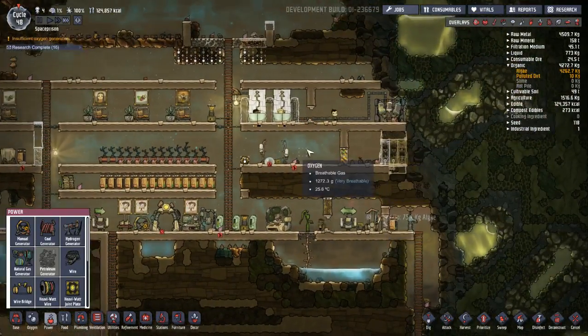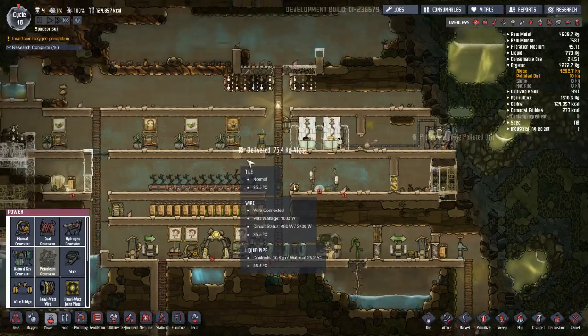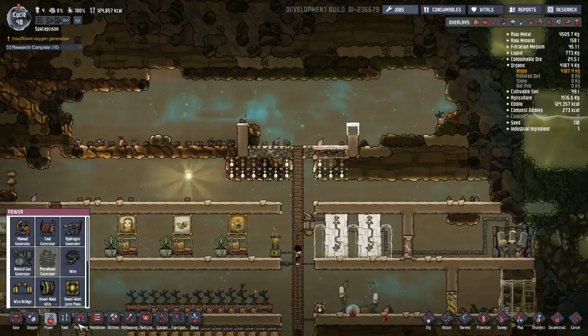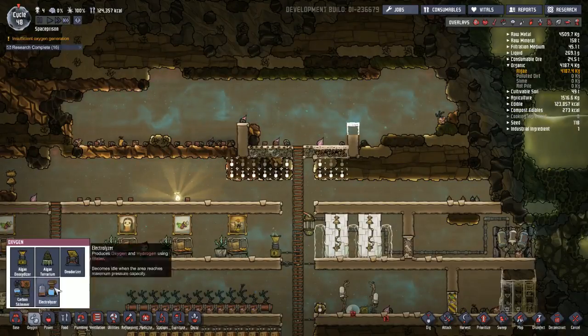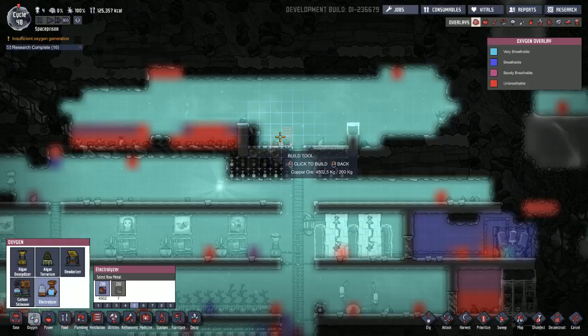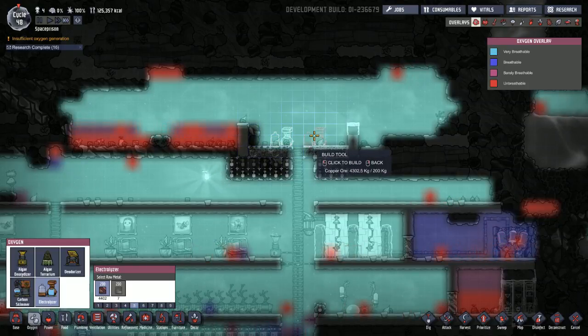All right, this is looking good. It's down to 1% stress again. Everything's going really well. We're getting done what we want to get done. Up here, we can be working on the electrolyzers. So I was thinking about putting 2 on either side, but to start, I'm just going to go with 1